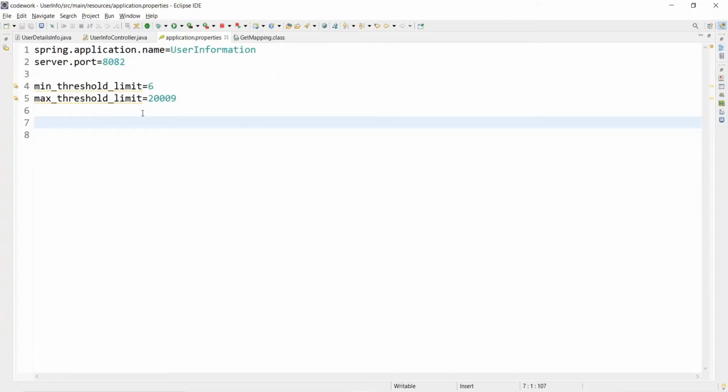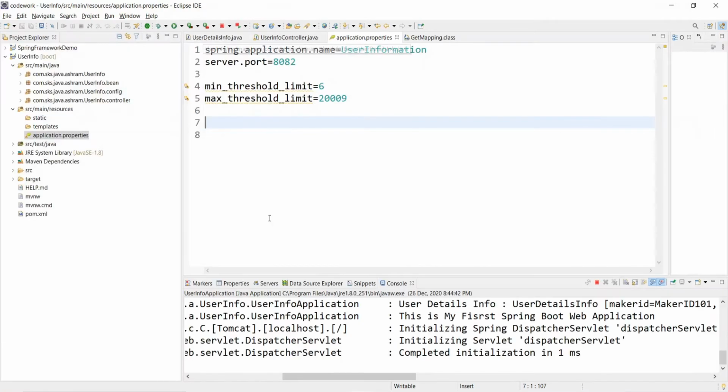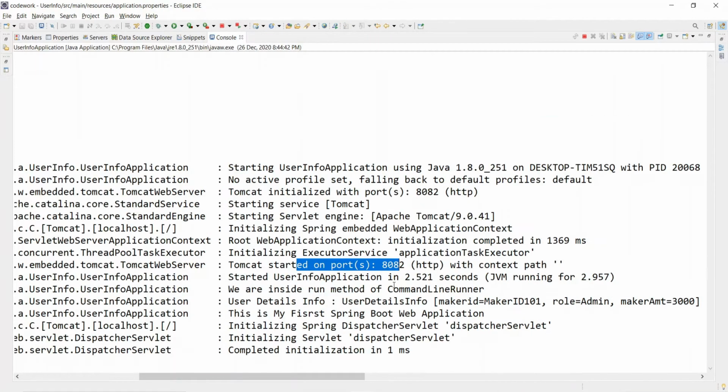Let's see how it is internally working. Currently this is the output you are getting, but you are not getting the debug level information to check how the dispatcher servlet is doing the auto configuration for us, and how the auto configuration is getting configured.